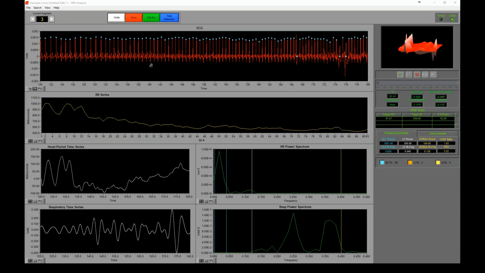Okay, so those are sort of the main scenarios that you're going to find yourself in. Of course, you're going to see these in varying degrees of severity. So what we looked at mostly today were good segments with some areas of noise. There are going to be plenty of segments that you look at that will be more noise than good signal. And so it will require you to go through in detail, zooming in and looking cycle by cycle